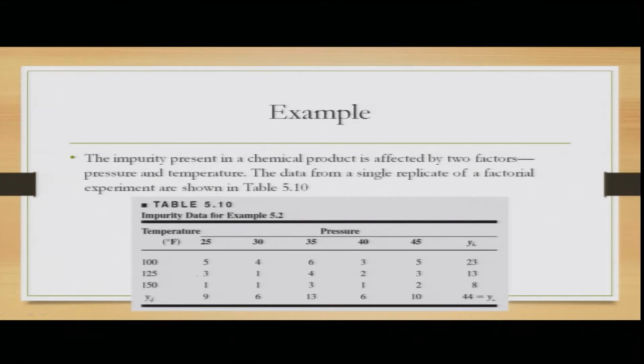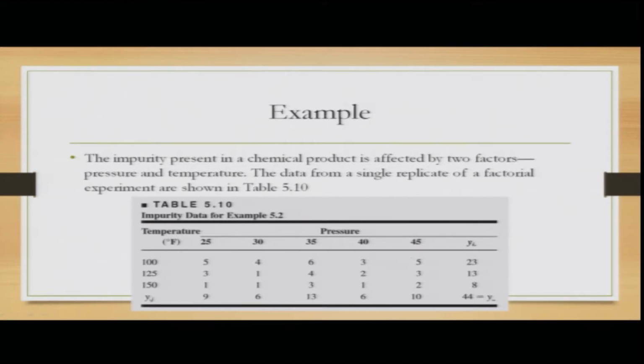If you consider the second column, 531 corresponds to the pressure of 25, with temperature values 100, 125, 150. Similarly, for the third column, pressure 30, the values are 411. For 35 pressure, the values are 643. For a pressure value of 40, the corresponding values are 321, and similarly for the last pressure, 45,